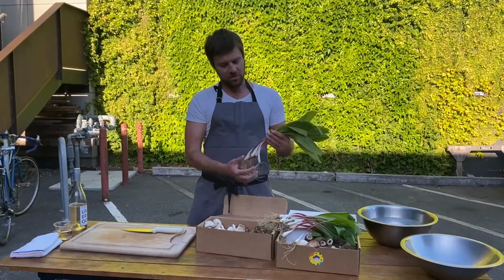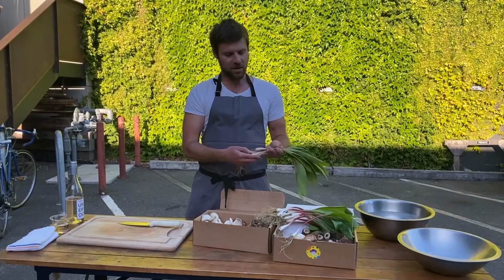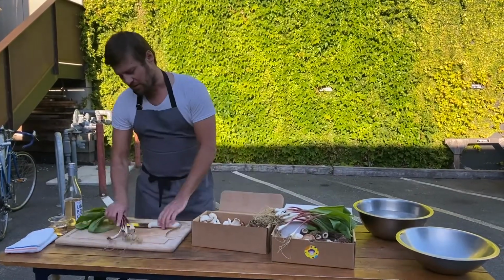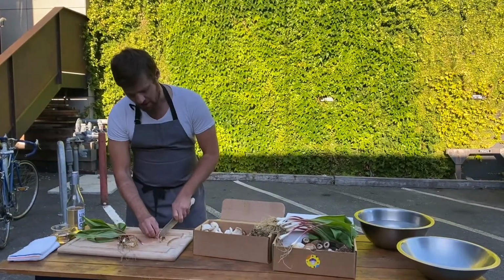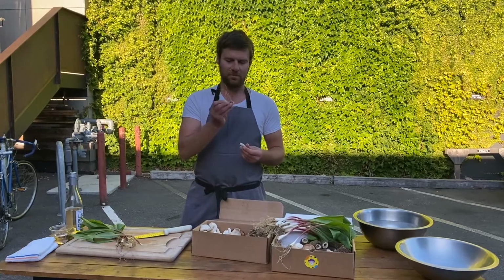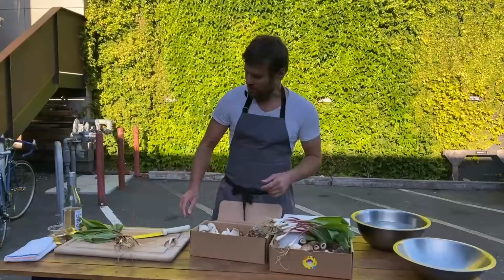And then the roots here, I just cut these off and pickle them. As far as cleaning goes, just clean them as you would a scallion. For the pickle, just about that much. You can cut off the bottom. You can try to wash this out, but it never gets too well washed. So I just cut it like this. So this can be the pickle part. And then the green,